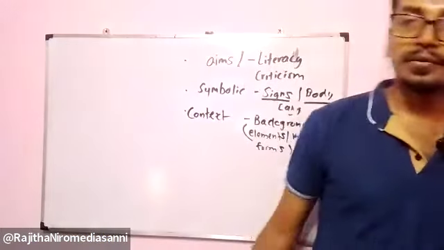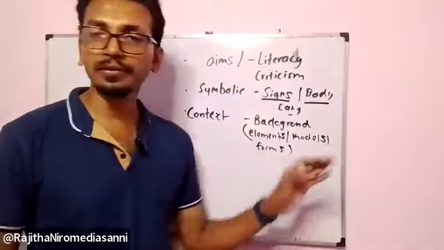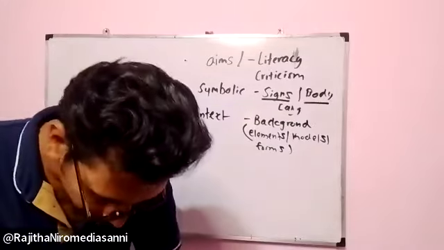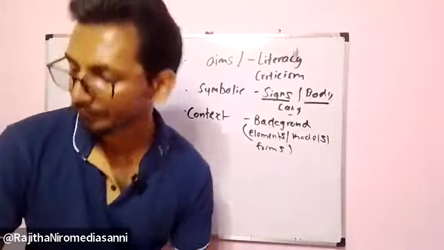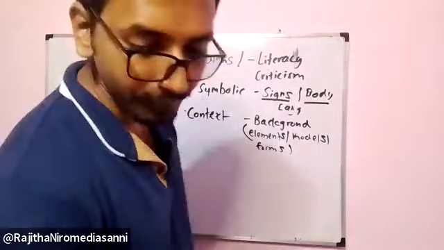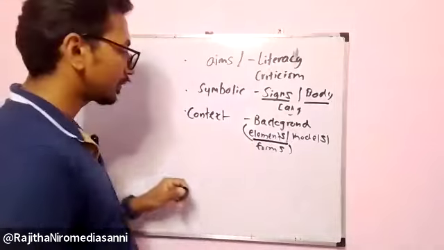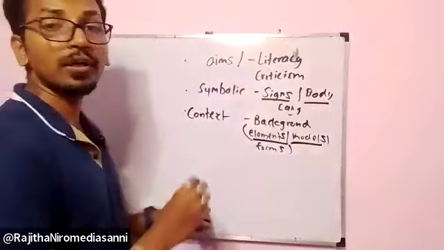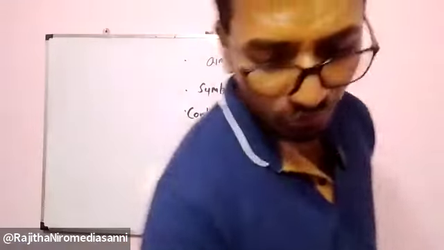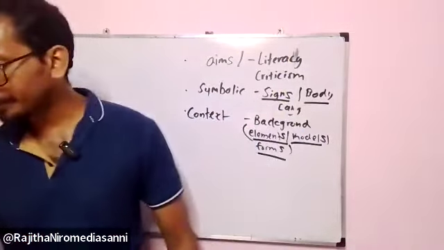No problem. Write down that background of the communication. What are the background ideas there? Elements are there, models are there, forms are there. That's the thing, very simple. It's not a difficult thing. Don't think too much about that. I have to finish that on time. Elements: you know what the elements are? Communicators. In the models, you already know the one-way model and two-way model. Forms means audio, visual, written, that type of forms.